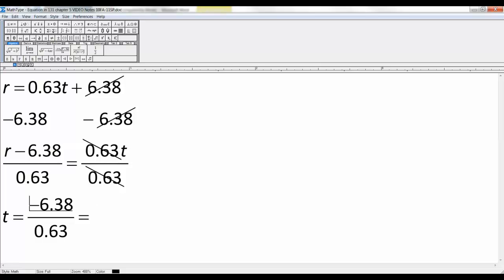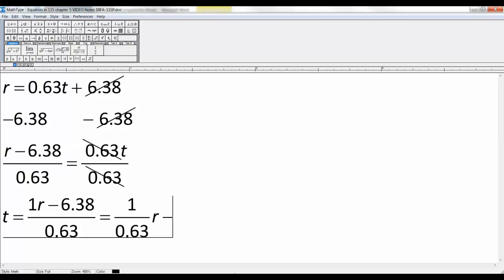It would just be nothing, right? But there's an R, which must mean it's a 1. So what I'm going to do is break this up. 1 over 0.63, that's times R, right? There's the R part, minus